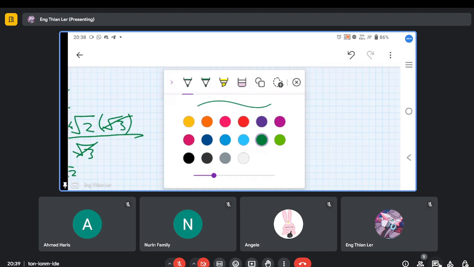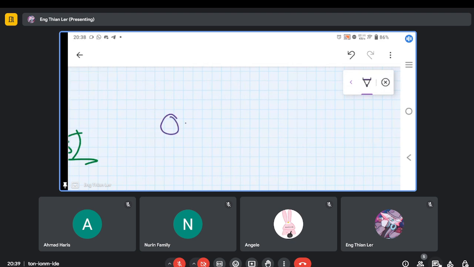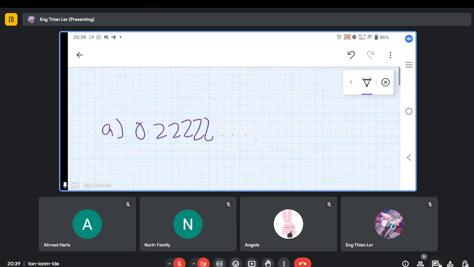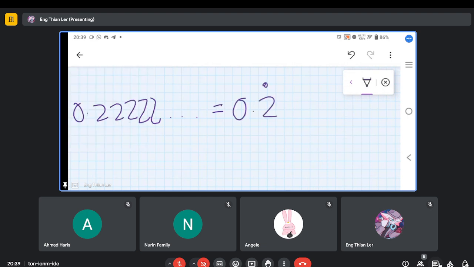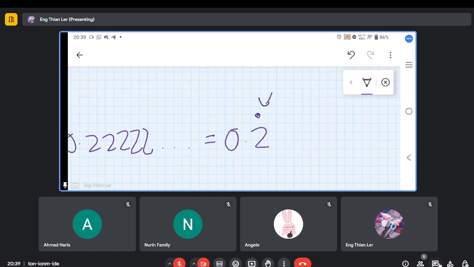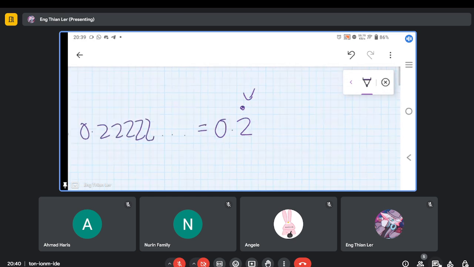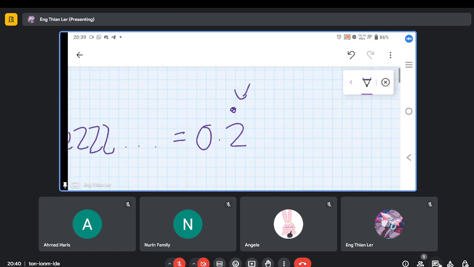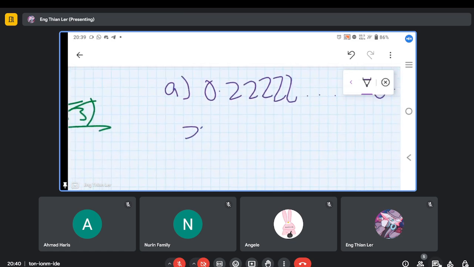Let's say 0 point, let's start simple, 0 point 2. And this can also be written as 0.2 with a dot. What does this dot mean? This dot means recurring. Recurring is repeating. So we can say 0.2 repeating. So this actually means 0.2222 forever. So I use x, so that x equals